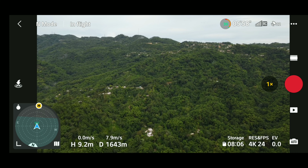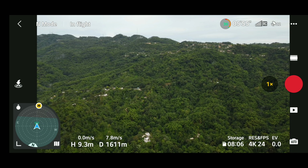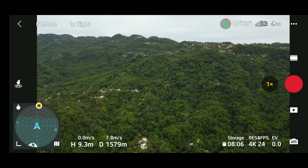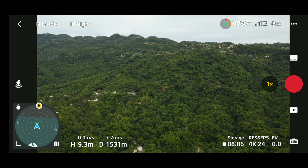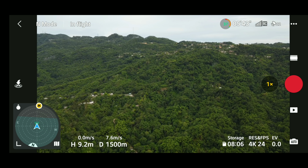So we're now at 39%. Okay, we're getting a low battery return to home warning. Battery level is low. Boy. Okay. Aircraft will return to the home point in 10 seconds. And we're still way out there, guys. You think we may have pushed it too far this time? Because, you know, it's like